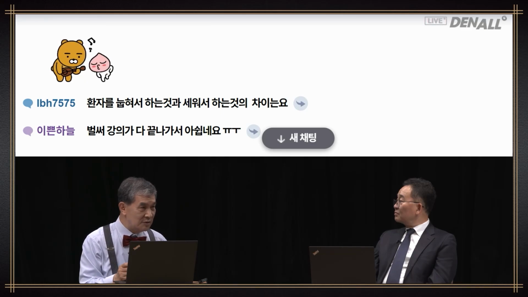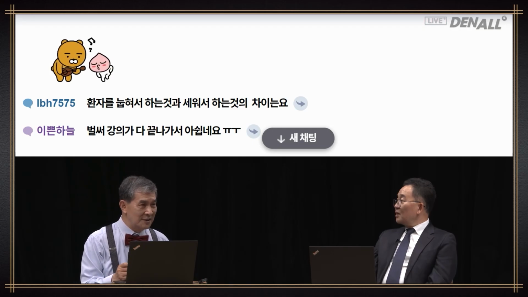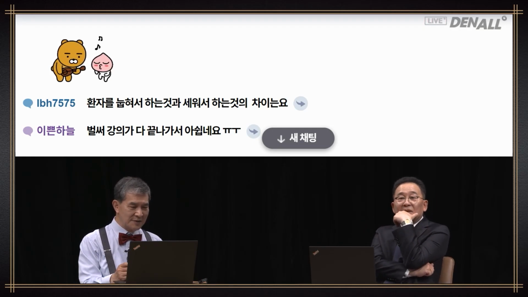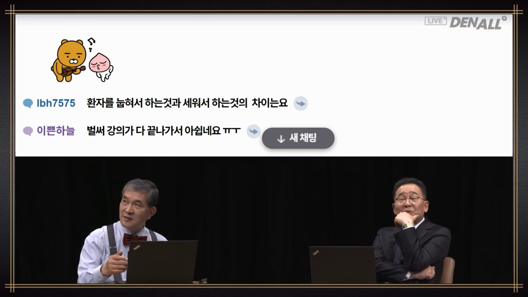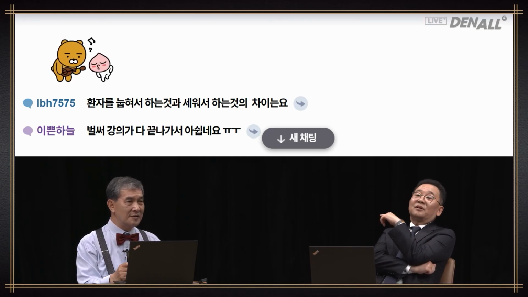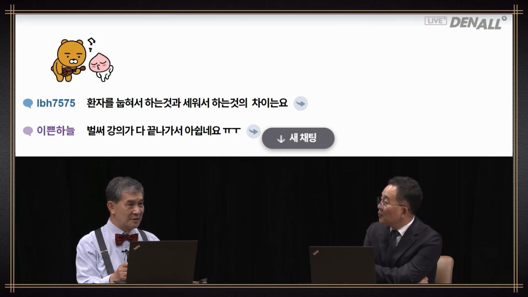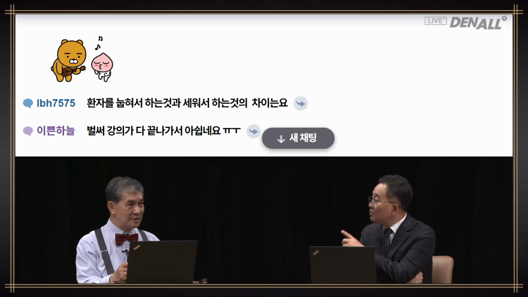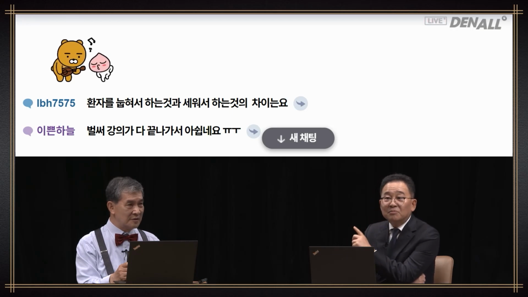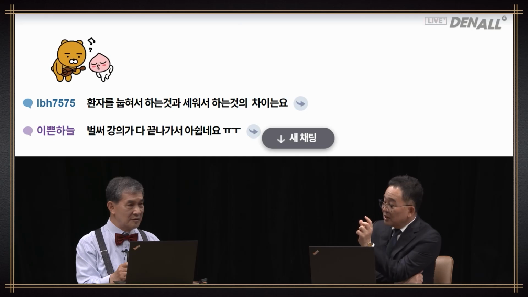7575, the difference between having the patient lie down and stand up. Lying down and standing up. In my opinion, in most cases, about 80-90% of the time, there's no issue. Regardless of whether you have the patient lie or stand, it's not a big issue, but some patients, if they were to have a problem, then the discrepancy